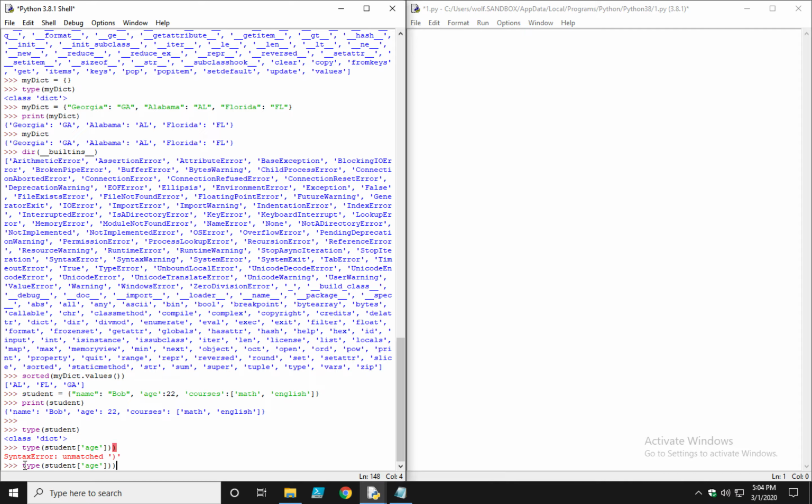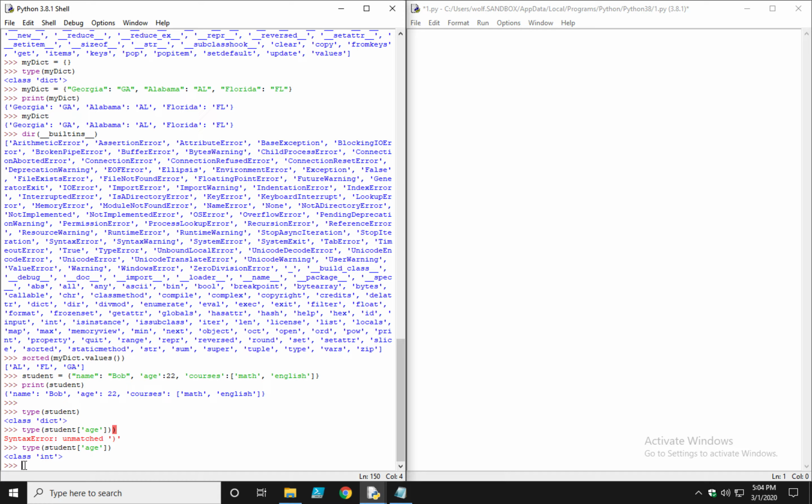I'll copy, we'll paste, we'll get rid of that one, and it tells me that the key age is filled with an int, which it is, right? Because we have 22 there. Now, we can continue on and on with that, and actually, let's do this again, and this time, let's do